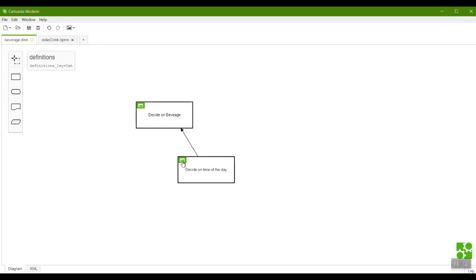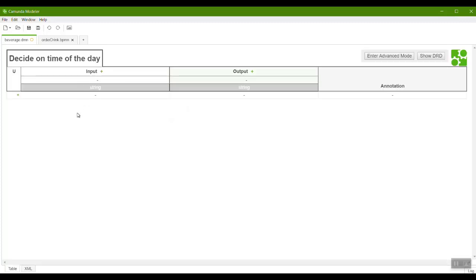And so let's go in here to this table, and if I click on this little green button, you see that here we are with our shiny new table, and it has a single input. This one's going to be hour of the day. It's an integer, and it's going to send out a time of the day, a string. Okay, now another difference between this table and the previous one is the hit policy. This should be unique. Given a single hour, really there should only be one output. The hours go from 0 to 23, so there's only going to be one possible output for this.